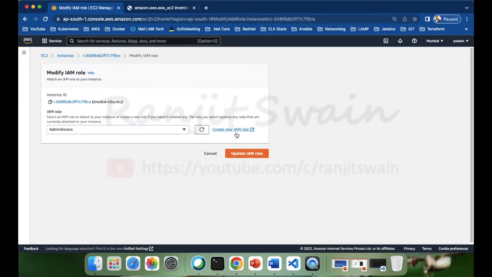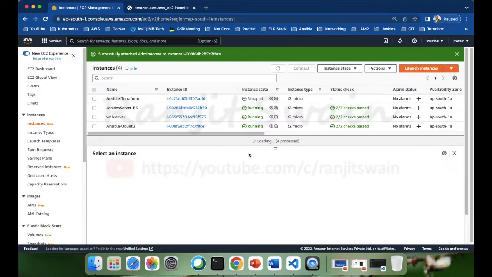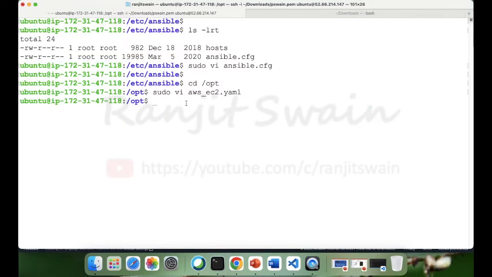If not, you can create a new role and attach it to the server where your Ansible is installed. Okay, now update your IAM role. Good. So my server is now updated with the role. If I go here, I have attached this,